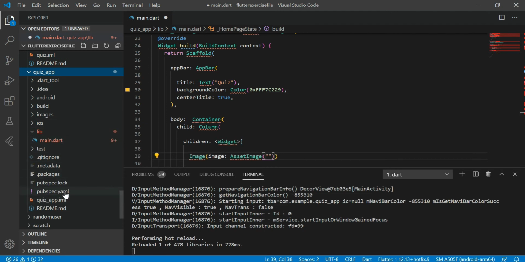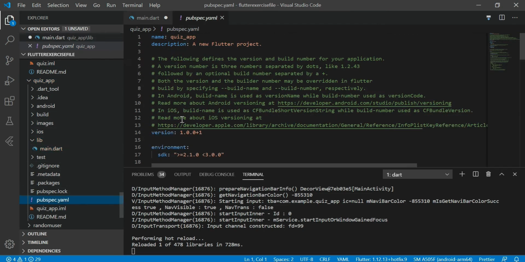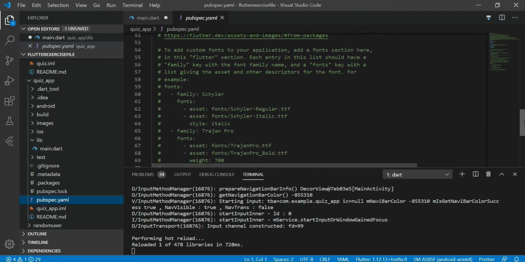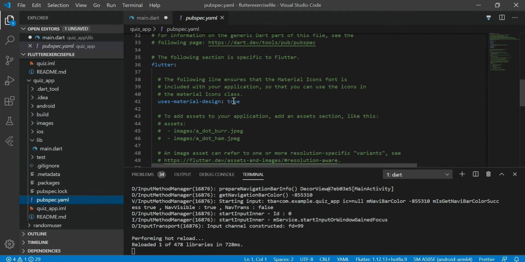That's fine. Now let's go to pubspec.yaml. Inside, uncomment the assets part. Here is assets. Now uncomment this. You need to be very specific about spacing. You need to place assets right below uses-material in the same line like this, and here provide the location to your image.